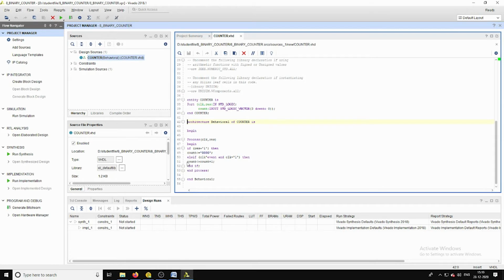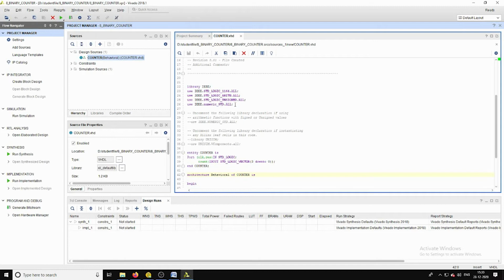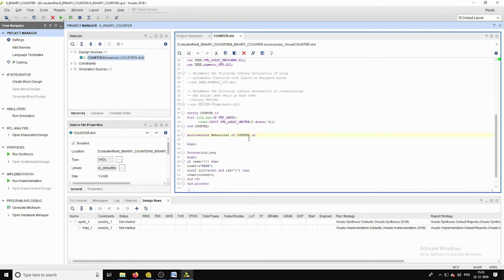In order to do this arithmetic addition of count equal to count plus 1, we have to declare this header file, use IEEE.numeric_std, as well as the other two libraries of the IEEE, that is std_logic_arith package, and one more std_logic_unsigned, by using which we can run this program.